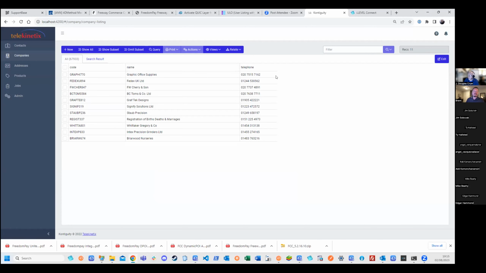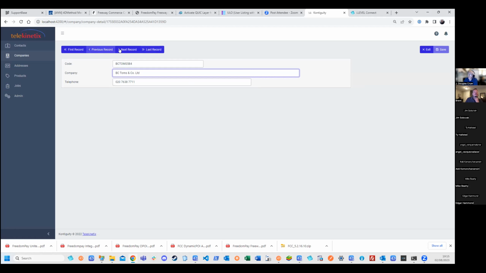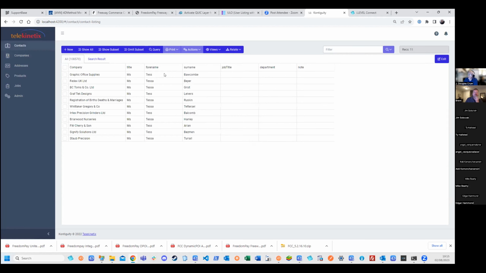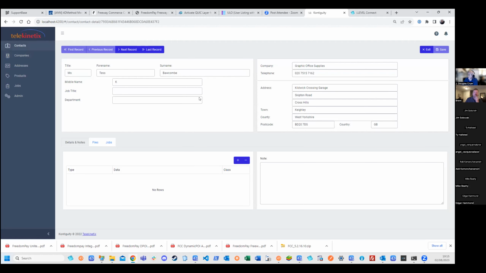So obviously, this is not done entirely in 4D. This is leveraging a REST component that we've built and building components, if you like, within Angular so that we can have nice things like being able to go next record, next record, next record. It's more interesting on contact. So in the contact one, I've got that kind of building up that same screen, if you like,